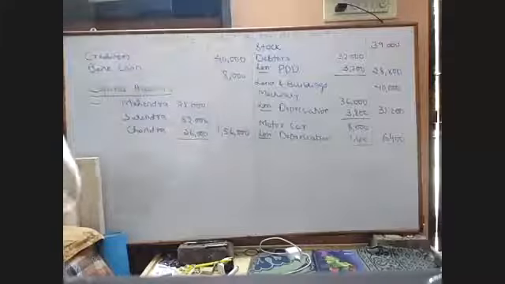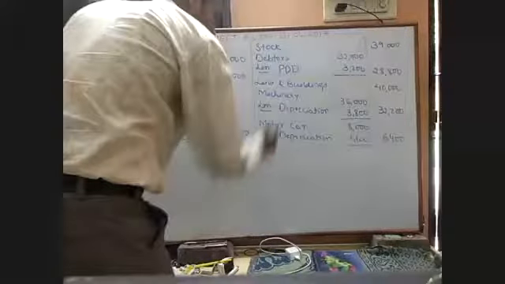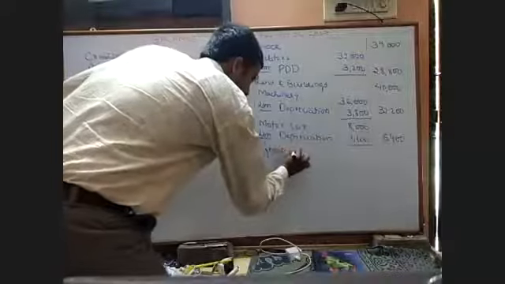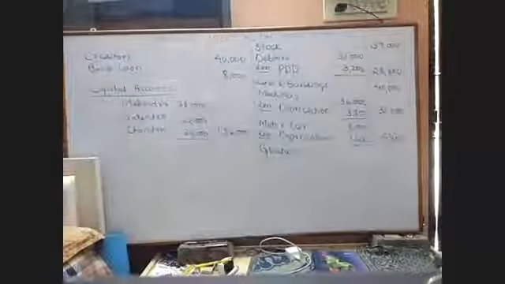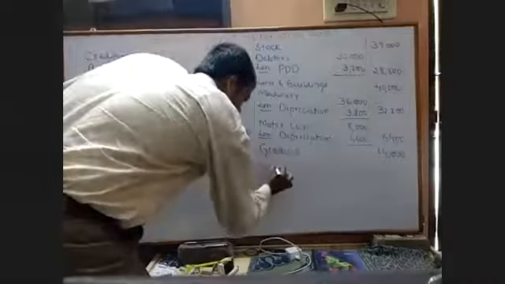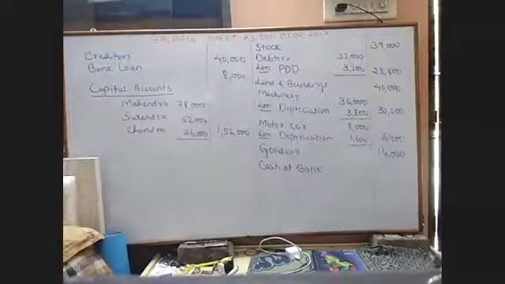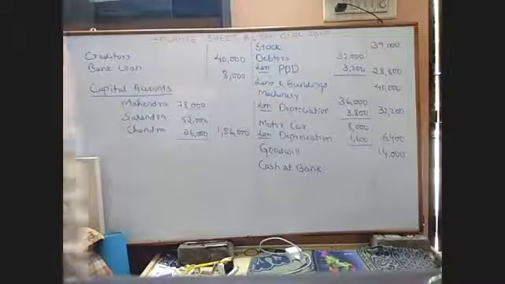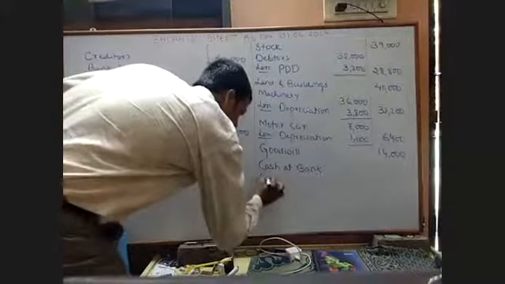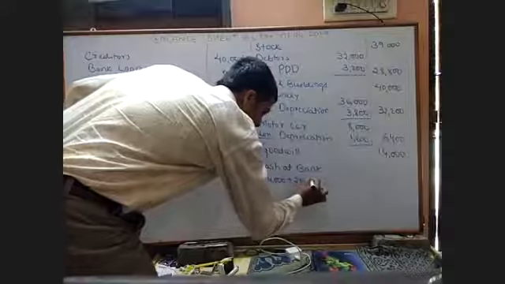Last, cash at bank. Oh, sorry, even goodwill is there. First, goodwill. Because if you see, goodwill has appeared only once in the partner's capital account. Goodwill is 14,000. And last is cash at bank. The initial balance was 14,000, plus he has brought a capital of rupees 26,000, plus